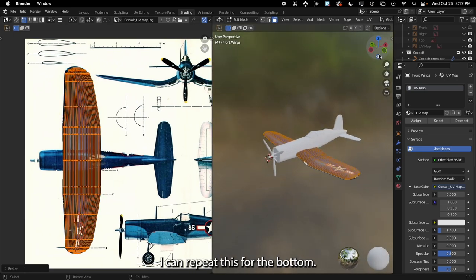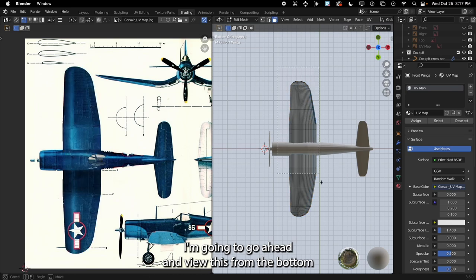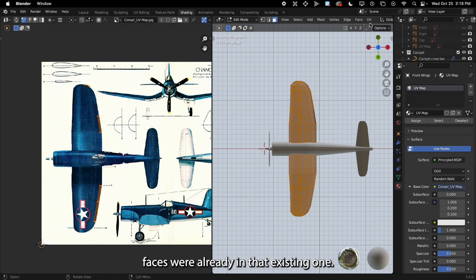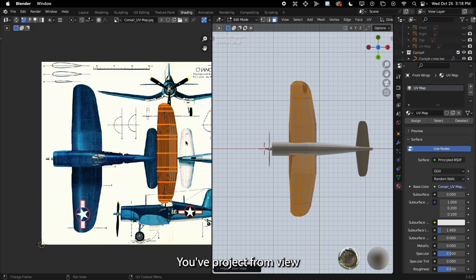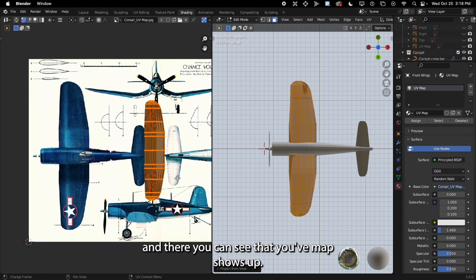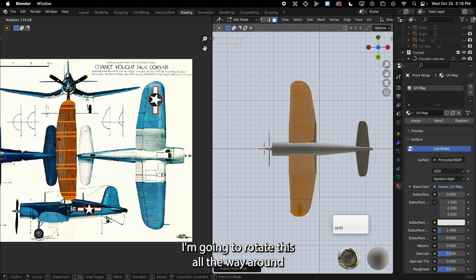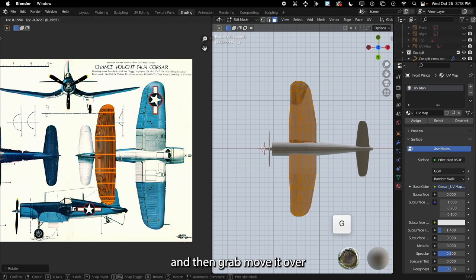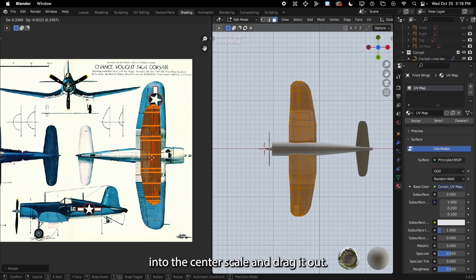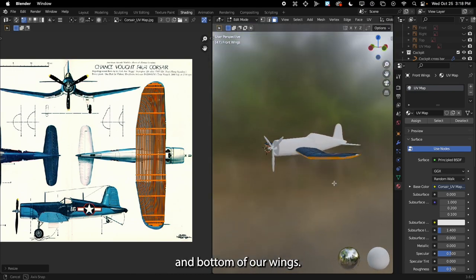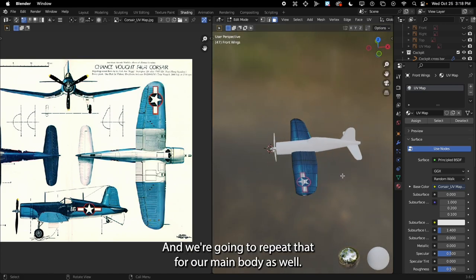I can repeat this for the bottom. I'm going to go ahead and view this from the bottom. Drag select all of this. You can see some of my faces were already in that existing one. UV, project from view, and there you can see that a UV map shows up. I'm going to rotate in this case. I'm going to rotate this all the way around, and then grab, move it over into the center, scale, and drag it out. That gives us a nice little top and bottom of our wings,